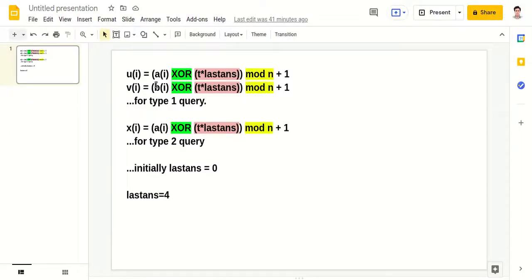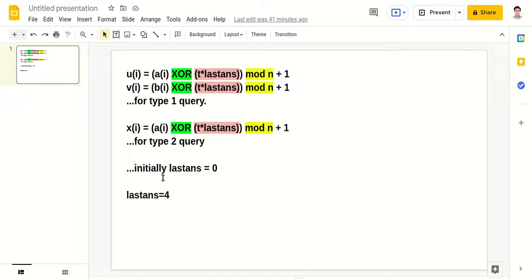Basically, UI is calculated as (AI XOR T times last answer) mod n plus 1. This is how UI is calculated. Similarly, BI is calculated with the same formula; in place of AI, we simply put BI to calculate VI, and X is also calculated using the same formula. For a type 1 query, UI and VI will be calculated using AI and BI, and for a type 2 query, only XI will be calculated, using AI.